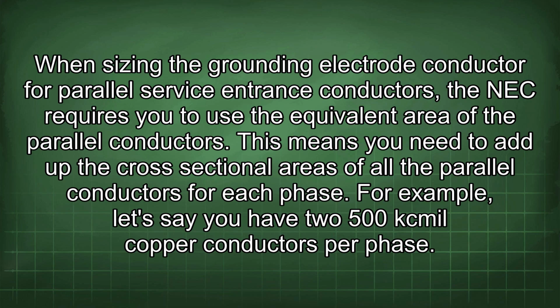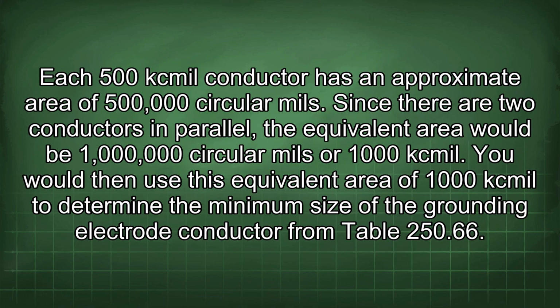When sizing the grounding electrode conductor for parallel service entrance conductors, the NEC requires you to use the equivalent area of the parallel conductors. This means you need to add up the cross-sectional areas of all the parallel conductors for each phase. For example, let's say you have two 500 kcmil copper conductors per phase. Each 500 kcmil conductor has an approximate area of 500,000 circular mils. Since there are two conductors in parallel, the equivalent area would be 1 million circular mils or 1000 kcmil. You would then use this equivalent area of 1000 kcmil to determine the minimum size of the grounding electrode conductor from table